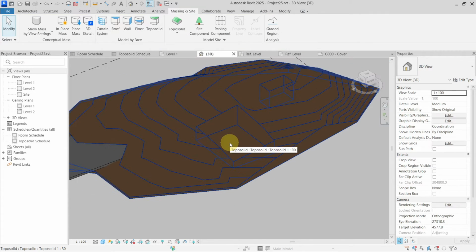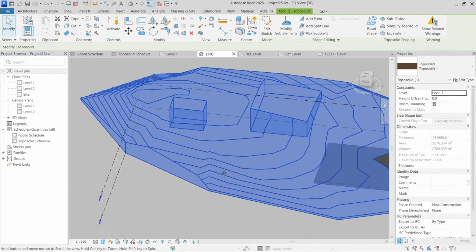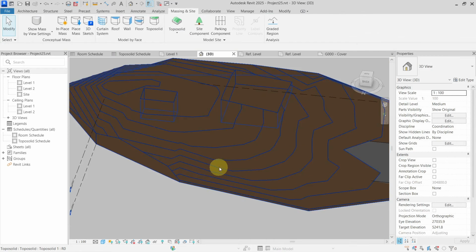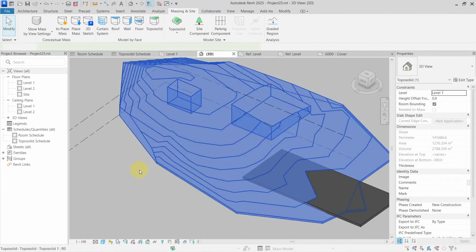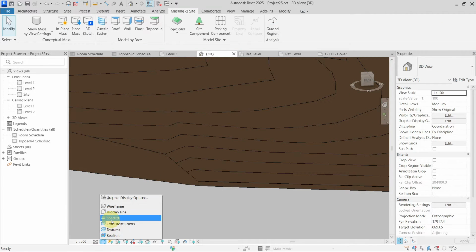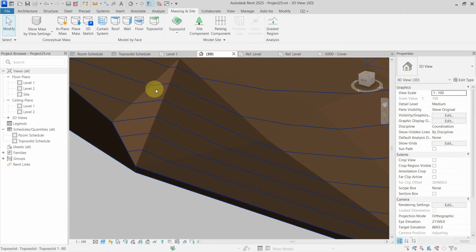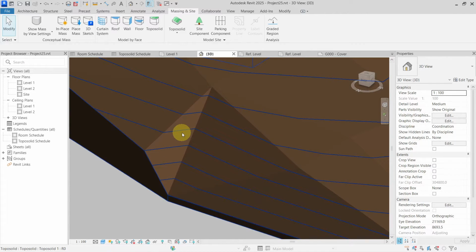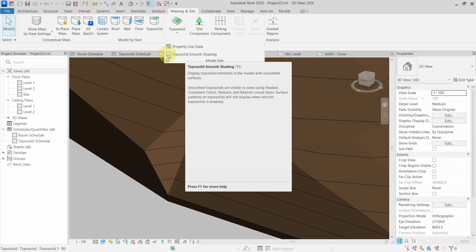Next we have Toposolid smooth shading. What this means is that if I have a view, for example here I have my consistent colors, it looks pretty good as it is. But if I use shading views, you can see that now it is a little bit triangular. With the smooth shading setting, which you can find under Toposolid model site, Toposolid smooth shading, if you turn this on,